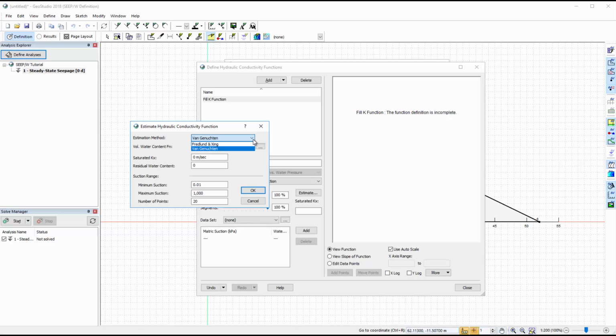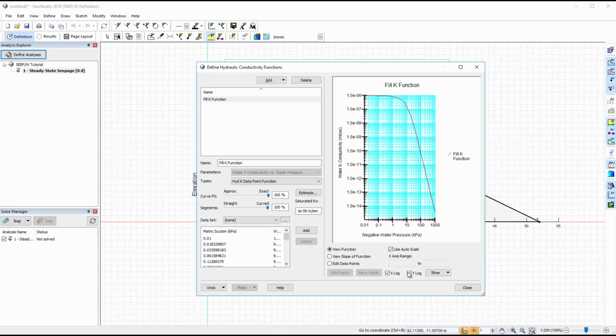Select the Van Genuchten estimation method and choose the volumetric water content function we just defined from the drop-down menu. We will set the saturated hydraulic conductivity to 1 × 10⁻⁶ meters per second and the residual water content to 0.05.